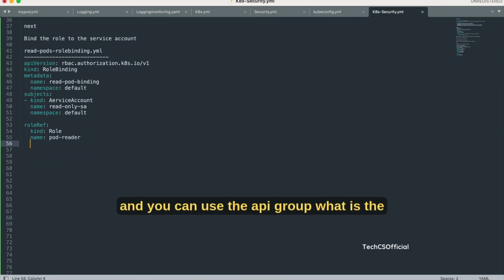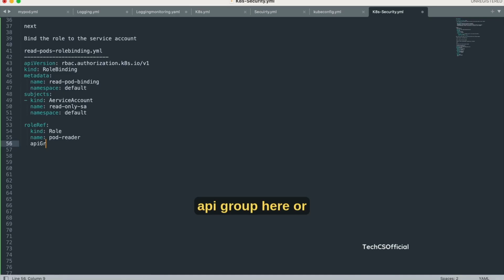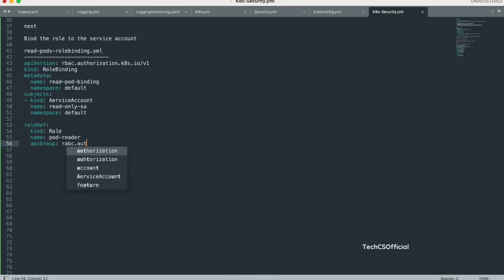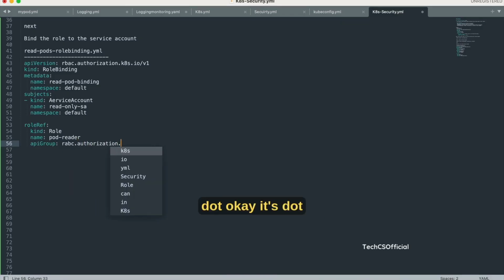And you can use the API group. What is the API group here? rbac.authorization.k8s.io. So now